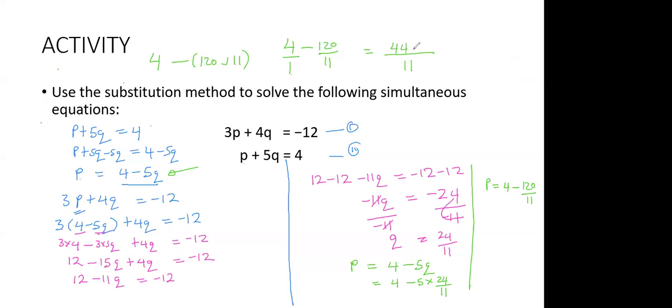That is 44 minus 11, divided by 11, is 1 out of 20? Then you come and say 44 minus 120, and I'll end up with negative 76 out of 11. So your answer here is going to be p is equal to negative 76 out of 11, because you cannot reduce it further. Those who are using the calculator can place it quickly in the calculator and